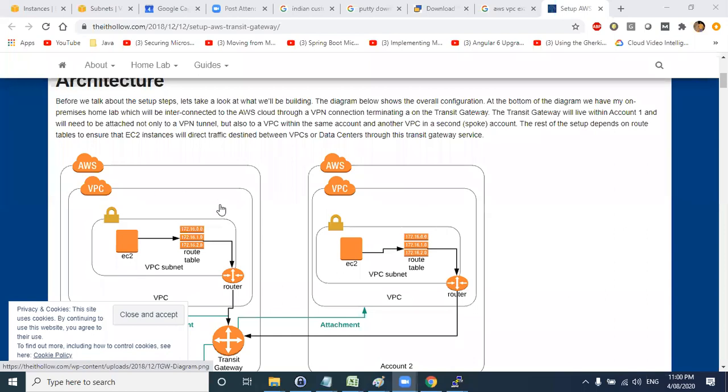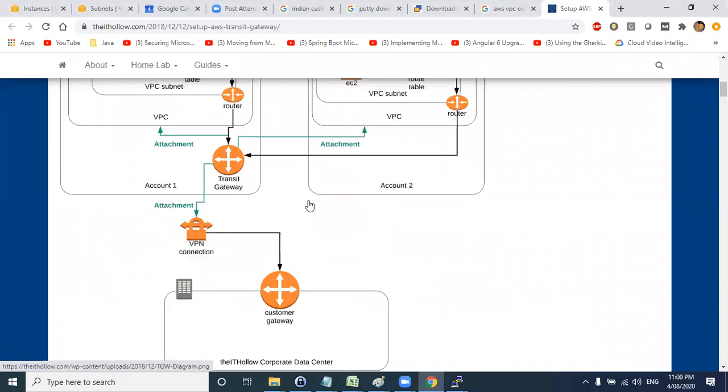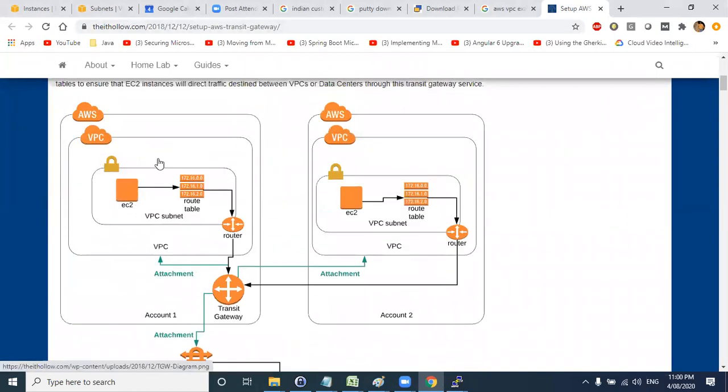So this is one VPC. VPC peering I have not explained to you yet. When you use VPC peering, we can connect multiple VPCs. Let me take a very simple example, guys. Only one VPC is there, one subnet is there, and inside the subnet there are some route tables.